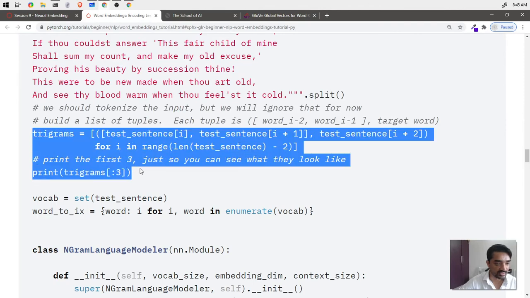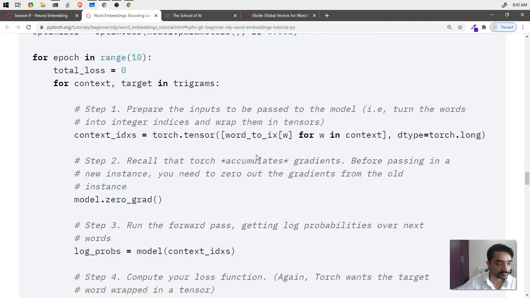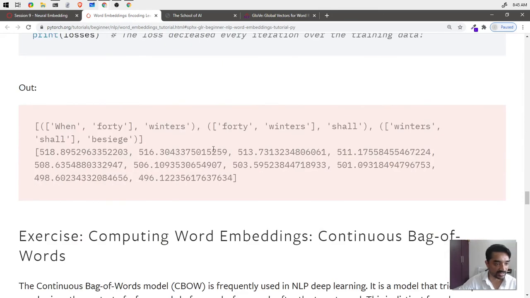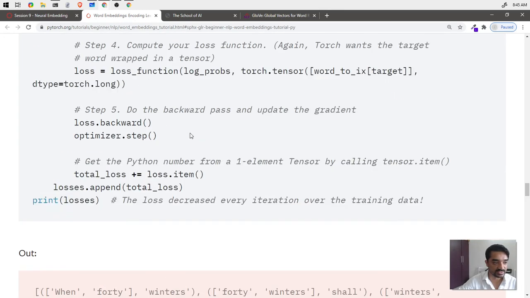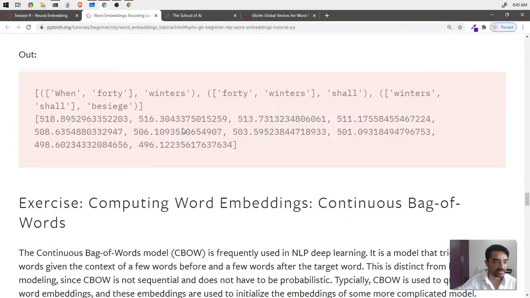You see this trigram, we should tokenize the input, but we ignore that. Now build a list of tuples. This trigram is what we're going to be predicting. Now a simple loss function wrapped around that, and "when forty winters shall besiege" is the kind of text we are interested in, and essentially if you train it properly,